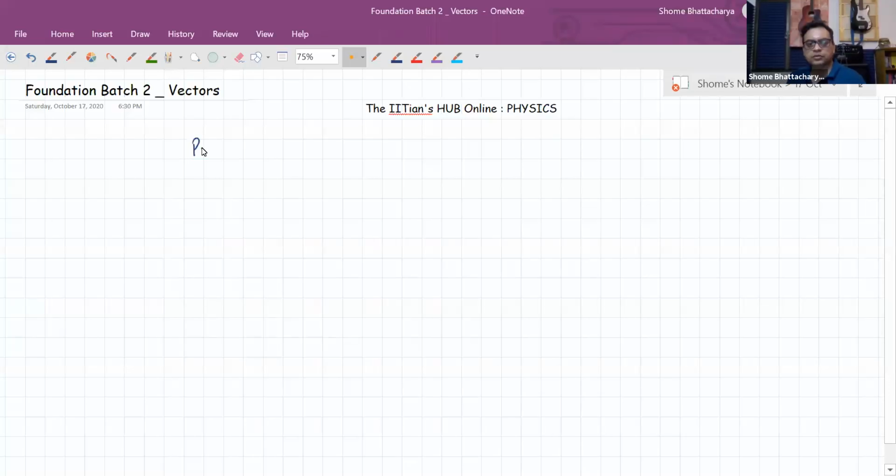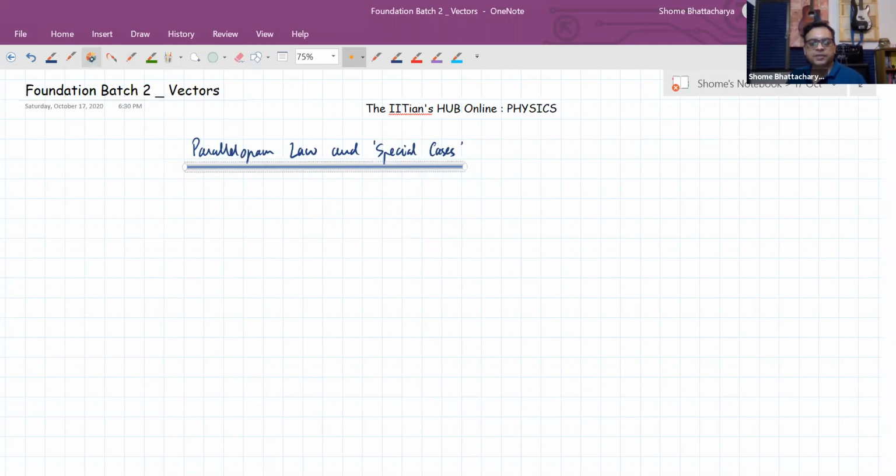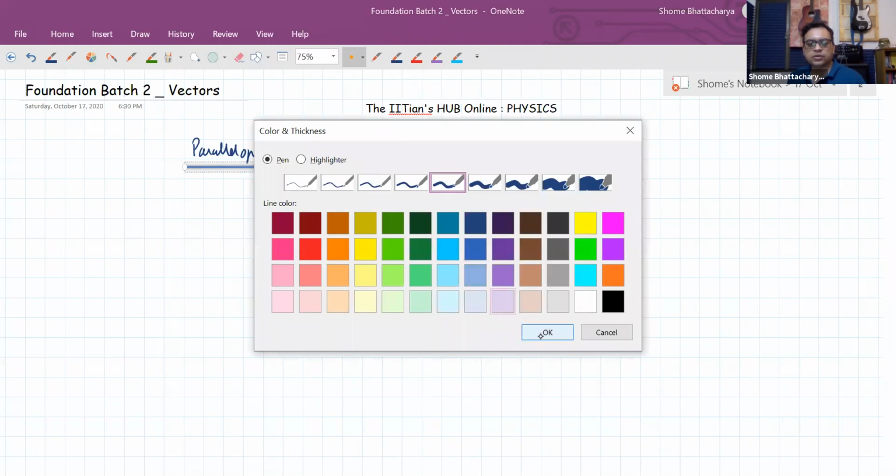We discussed the parallelogram law and the special cases from that. So let's take a quick recap of that concept. As far as the parallelogram law is concerned, what we saw is